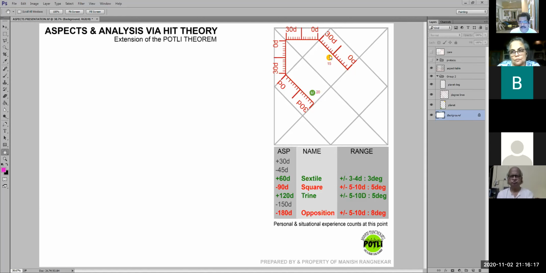Yeah, I got it. So basically, this planet is not hitting this one at 90 degrees, but it is hitting it at 95 degrees. Correct? You understood? So whether it is hitting or not, that is a different question. But basically, it is not at 90 degrees because when we didn't have this on, we presumed that these two are hitting each other at 90 degrees. Correct? Now, just for discussion's sake, suppose instead of 20 degrees, this one was at 28 degrees. How much would it have given? 90 degrees over here and 13 degrees more. So 103 degrees.